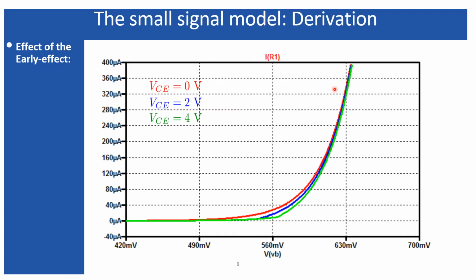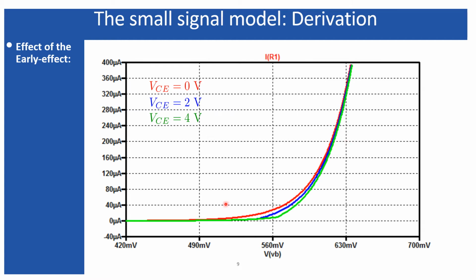So the base current is reducing as VCE is increasing, but this reduction of the base current is very small in magnitude in comparison with the common base configuration, where the increase of the emitter current was greater in comparison with the base current here. In the case of common base, when VCB gets increased, the input current IE also increases, and it increases greater in magnitude in comparison with the base current in the common emitter configuration. So we have already had lots of discussion on this particular topic.